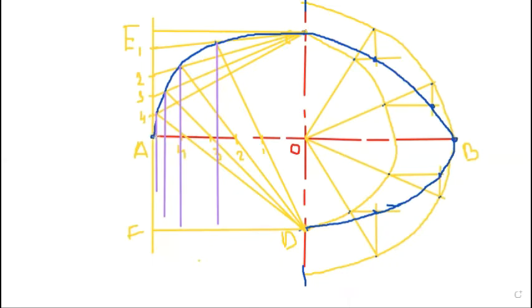By compass, from this point take this distance, measure it, and cut it here. The compass point will be here and the pencil tip here. Measure this, and the same distance will be here. Similarly, from this point, measure this one, and this also here. Similarly, from this point, measure up to this height, and cut it here by compass. In this way, we get all the vertical heights. So now, if we join it, it will become like this.